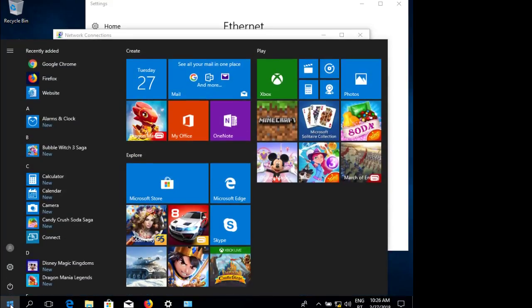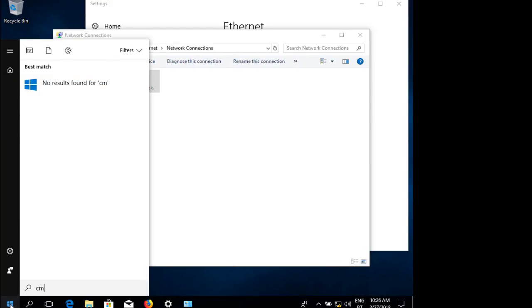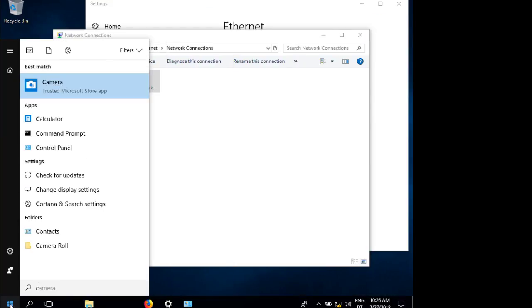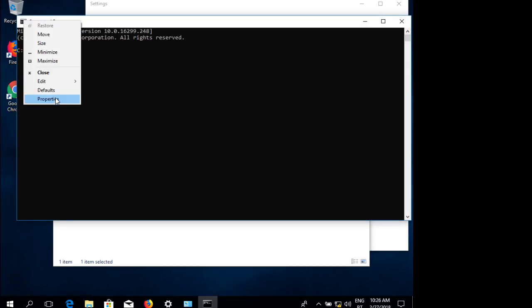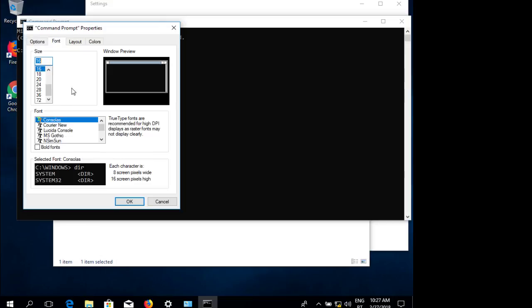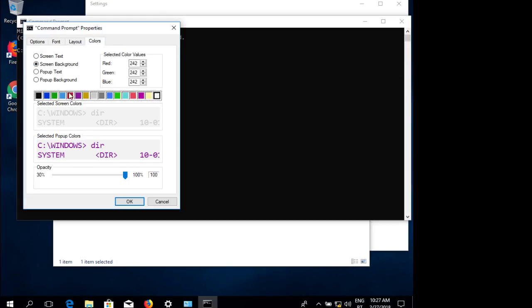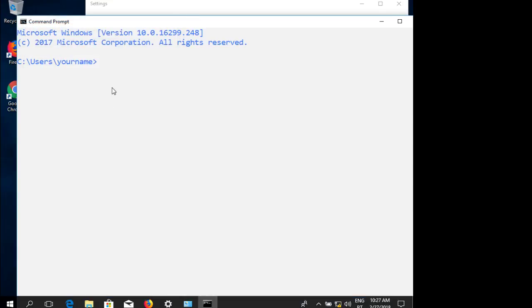Let's go to the CMD command. Let's put a bigger font, 24, with colors. This screen text will be blue. Okay,